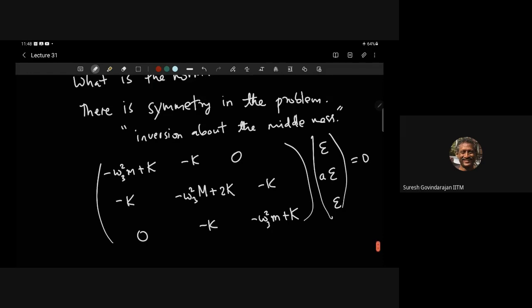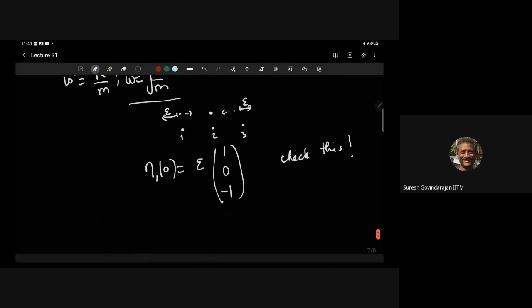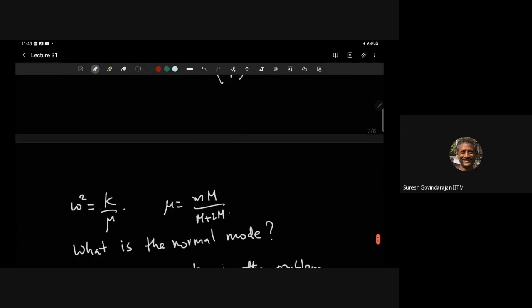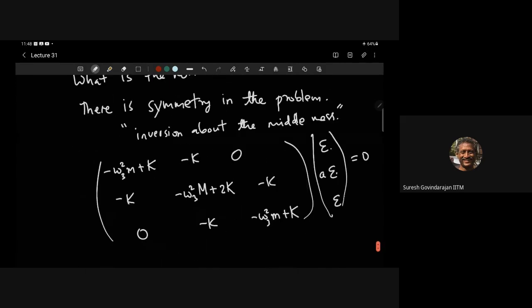So this is where I'm using, actually, I should have put epsilon 1, epsilon 2, epsilon 3, or put some arbitrary factors in front. But I'm using the symmetry in the problem to choose something which will be orthogonal in some sense. Again, I have to explain what is orthogonality, but this is just a guess. You don't have to do this. If you just go ahead and solve, what you will get is you solve for